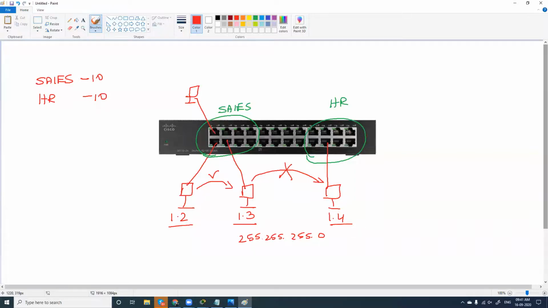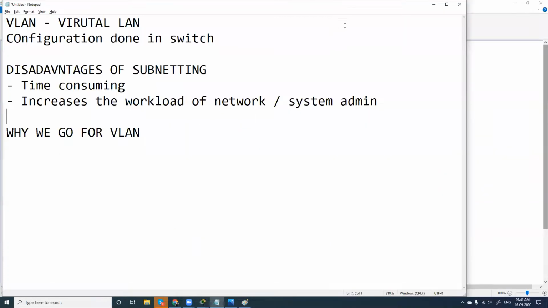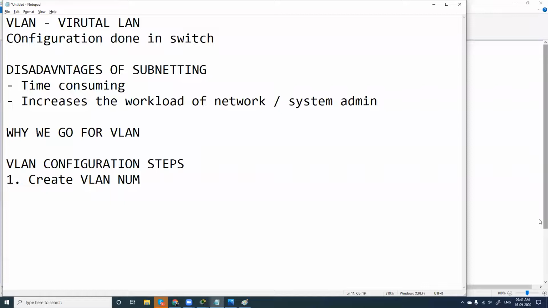So I'll tell you what steps we have for configuring VLAN. VLAN configuration steps. The first step is to create a VLAN: create a VLAN number, then create a VLAN name.